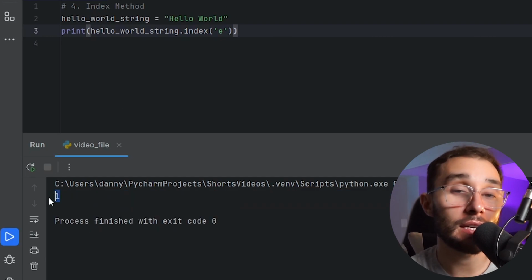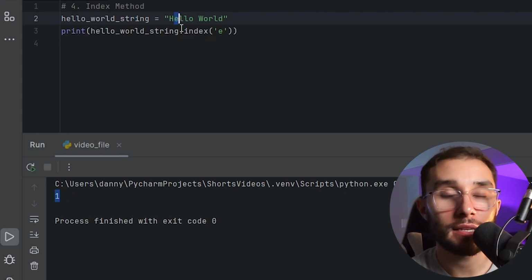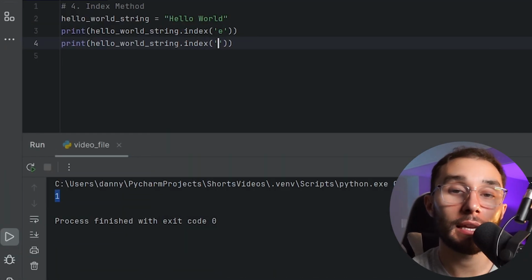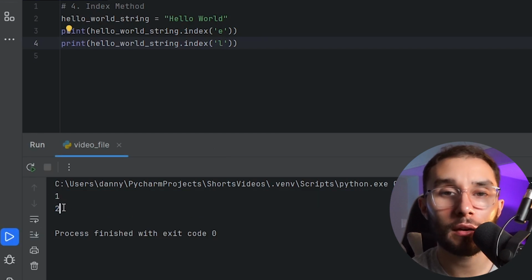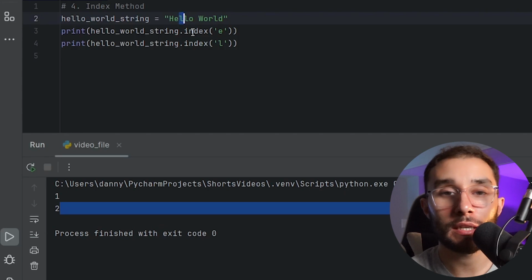This is because the letter E is in the first index slot. Recall, Python is a 0 index language, hence we get the number 1 back when calling this string method. Notice also if I pass the letter L to this .index method, I will actually receive the number 2, even though there are 3 L's in total. It's going to return to me the first time this L occurred, which is in the 0, 1, second index